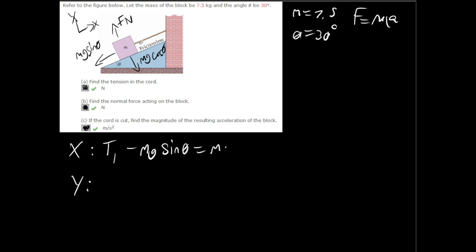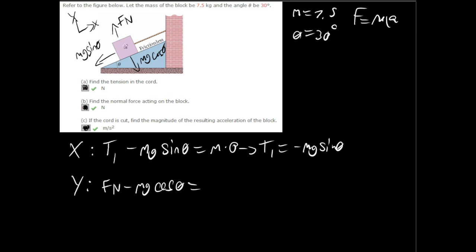But because it's here and it's not moving, there's no motion, it's stuck here with just the tension holding it, the acceleration is going to be 0. So we can infer here that T1 is going to actually equal mg sine theta. And let's take a look at y. So this is going to be Fn minus mg cosine theta